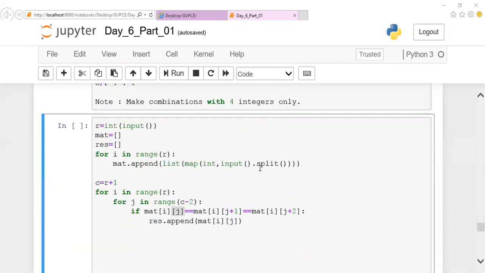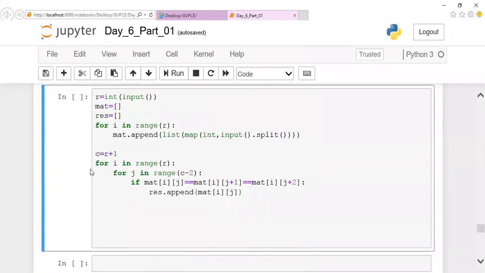Guys, I even have given you a hint there. Only this part you are supposed to write twice, this particular complete for loop set. You're supposed to write it twice, then you're supposed to do the program.